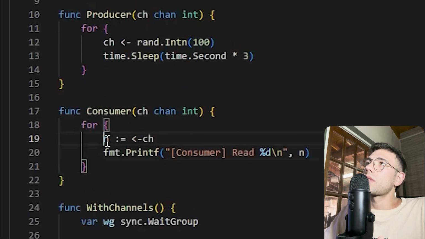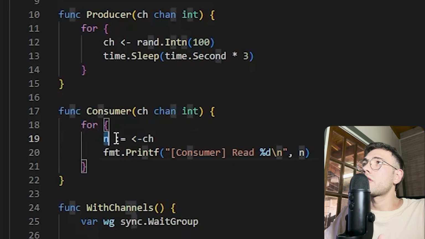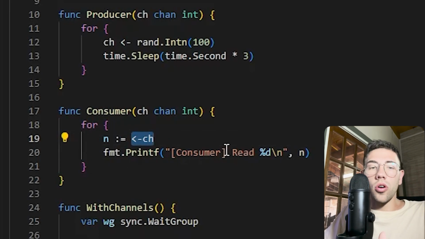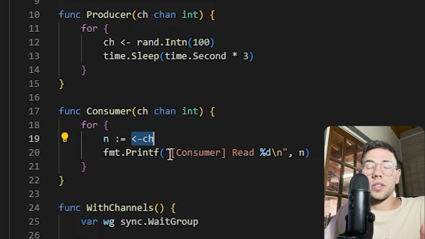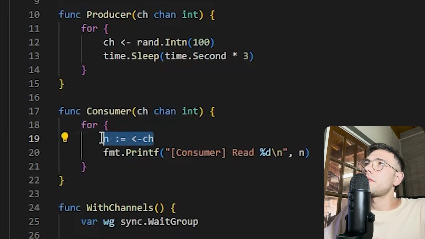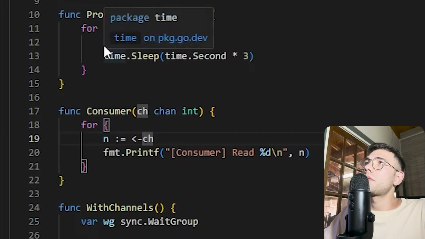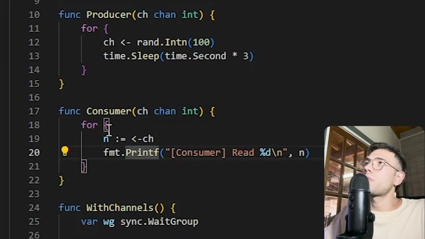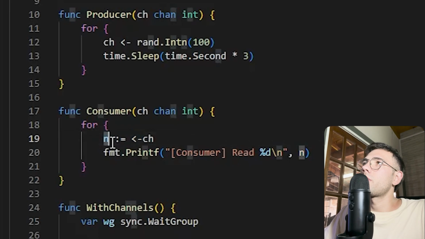And the consumer, well, the consumer will create a variable n with the value from the channel. So here we are waiting. This consumer function will be blocked if there is no content inside the channel. It will be blocked until the channel has something. So when the channel has something, some integer, we'll create this new variable n with the value that we get from the channel. So for example, if the producer function produces a number 5 and puts that number on this channel, well, this consumer will read that number 5 from the channel and put it here in the variable n,